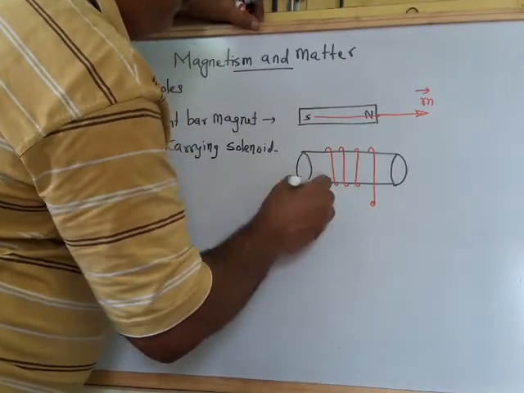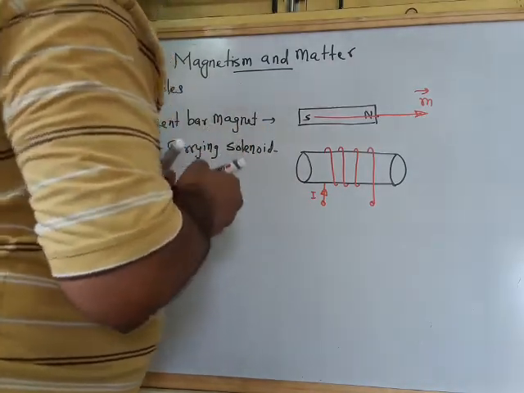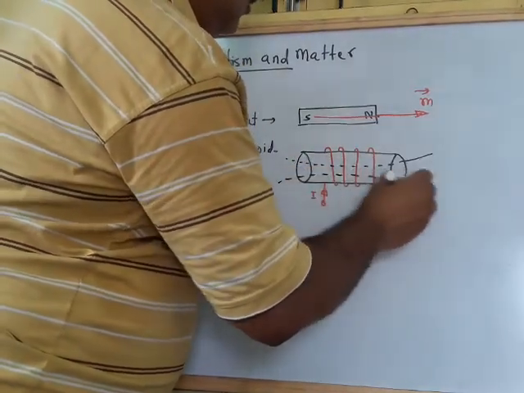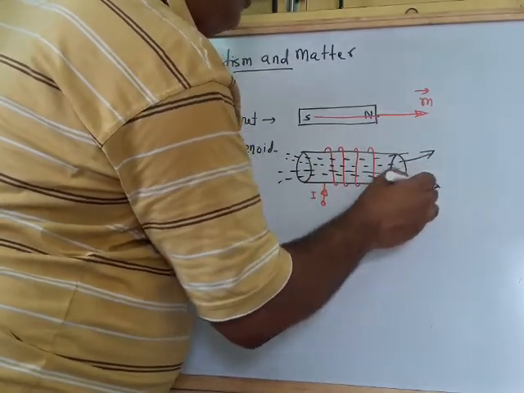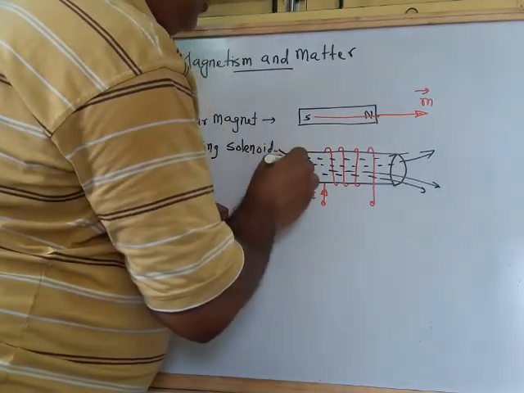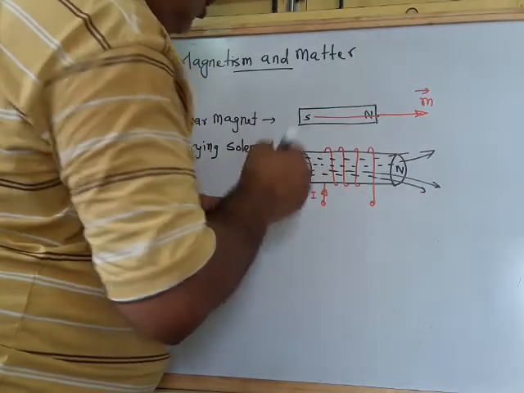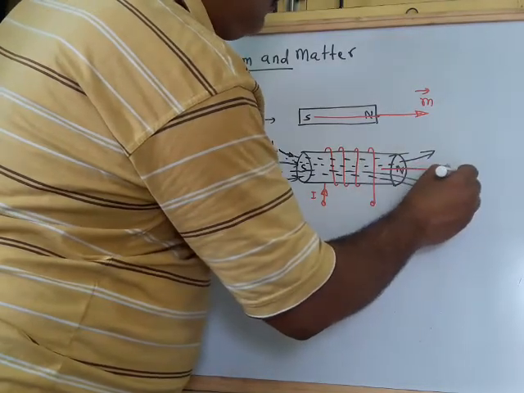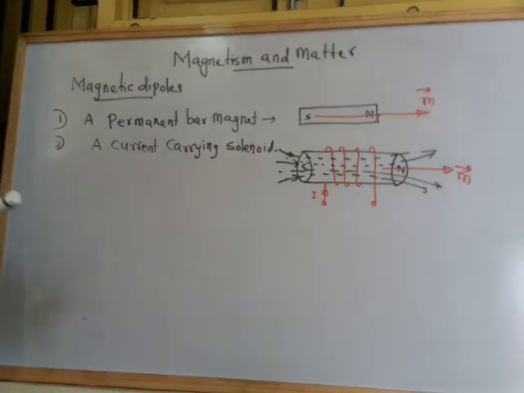So this solenoid, when you pass the current I, then what will happen? Then you find that there exist magnetic field lines. They come out of the solenoid in this way, and inside the solenoid core there exists a magnetic field. So this field is coming out and these field lines are entering inside this pole. So this will become a north pole and this will become a south pole, having the magnetic dipole moment from north to south. So this current carrying solenoid comes under the criteria to be called a magnetic dipole.